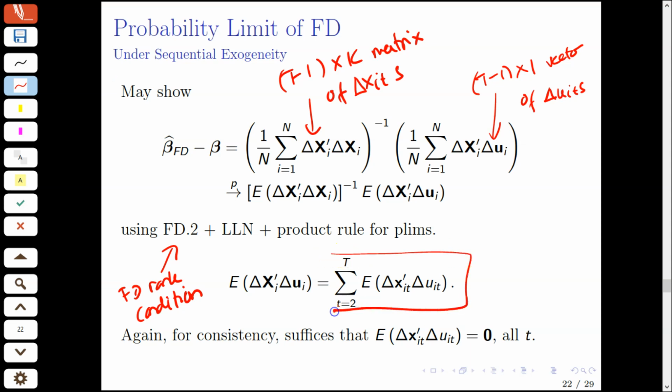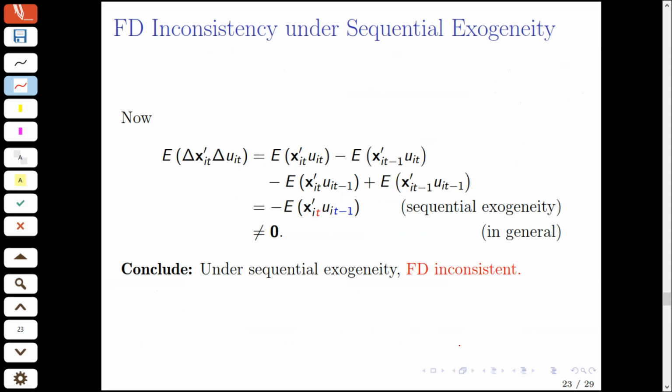This latter expression shows that if we want the left-hand side to be 0, it suffices that each of the right-hand side summands is 0, which means that the differenced regressors should be uncorrelated with the differenced idiosyncratic errors for all time periods. Is that the case or not? Well, let's plug in our definition of differenced regressors and definition of differenced idiosyncratic errors,